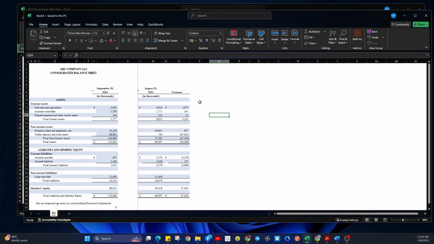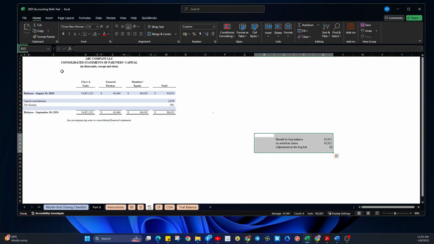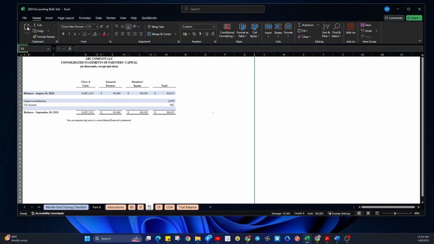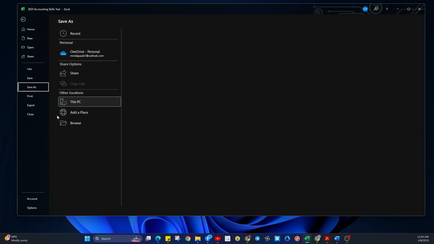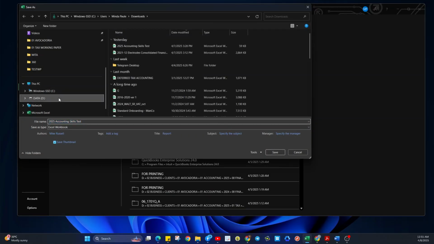Maybe we need to include this one. But anyway, if this is the only one required. Petty cash. This one. I'll hide this one as well. File, save as. Data.